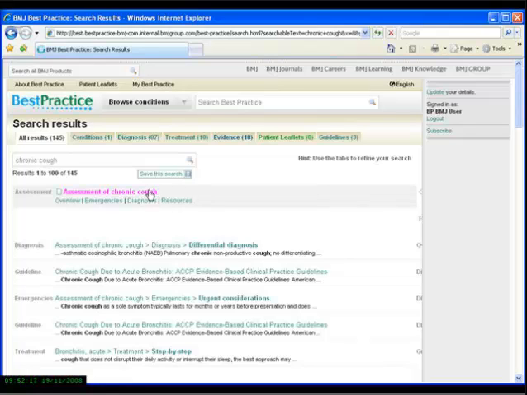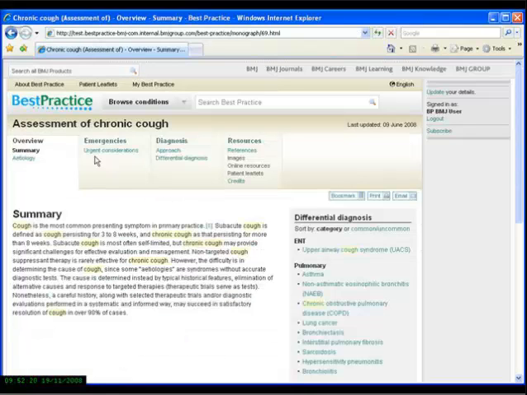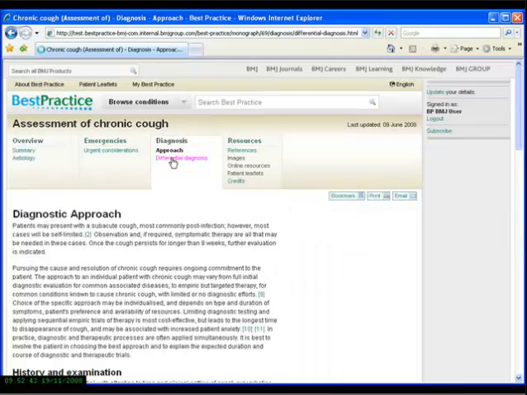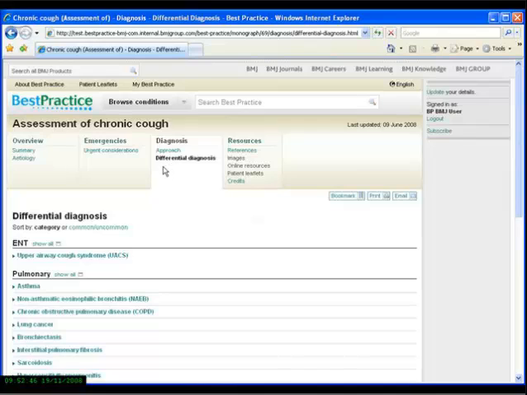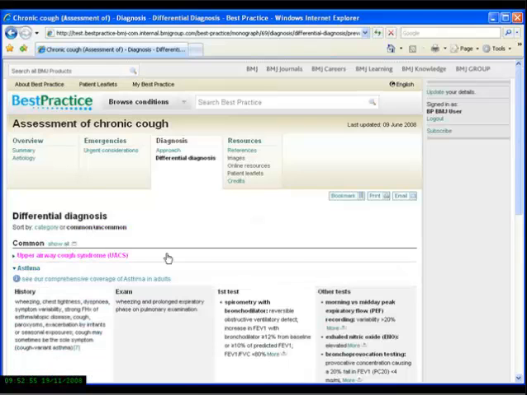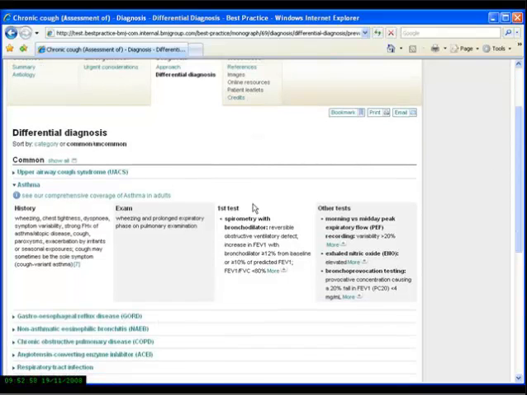Clicking on the link to the assessment article on chronic cough takes us to that area of the website. As you can see, on the landing page is a summary and a list of differential diagnoses which can be sorted either by category or by frequency. These type of articles also provide important information about urgent considerations for patients with this symptom and detailed information about exactly how to make the diagnosis. The differential diagnoses listings again can be filtered by category or frequency and contain key features of how to make a diagnosis or how to exclude a diagnosis given certain history, examination